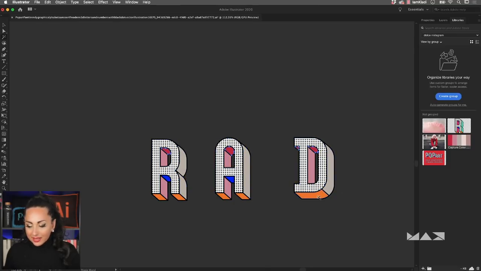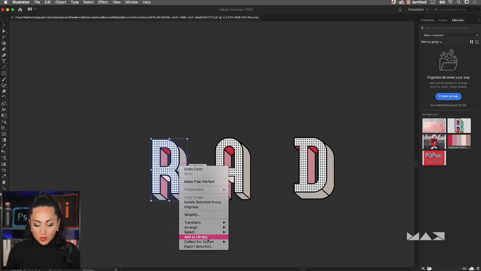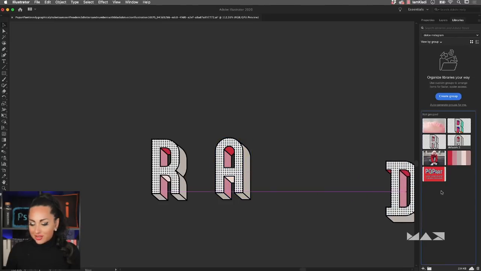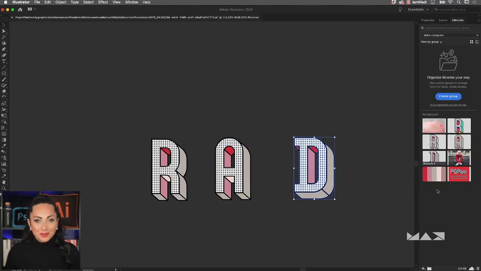By clicking back into your library, you can leverage the colors that you have lifted from your image, and that will ensure you create assets that are cohesive and coherent with your work. When you're done, all you have to do is go back to your selection tool by pressing the letter V on your keyboard and select one letter at a time. And then click to add to the library, or you can select the vector and bring it into the library just by dragging it. In order to keep your library tidy, we can delete the assets that we don't need. So for example, the first R, just select it and click on the little bin to delete the asset.